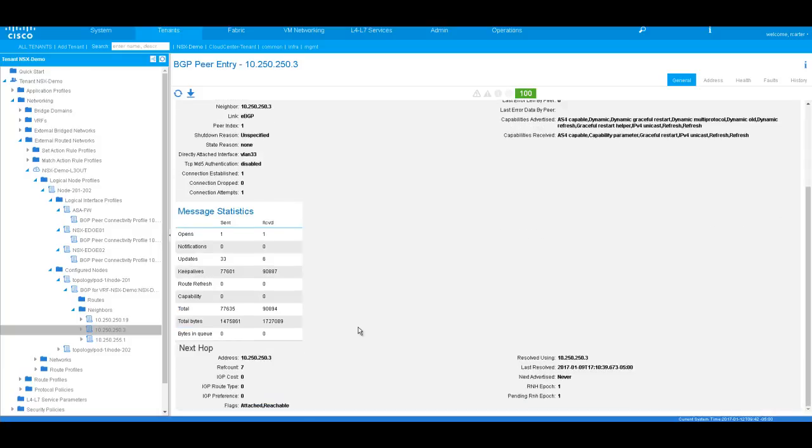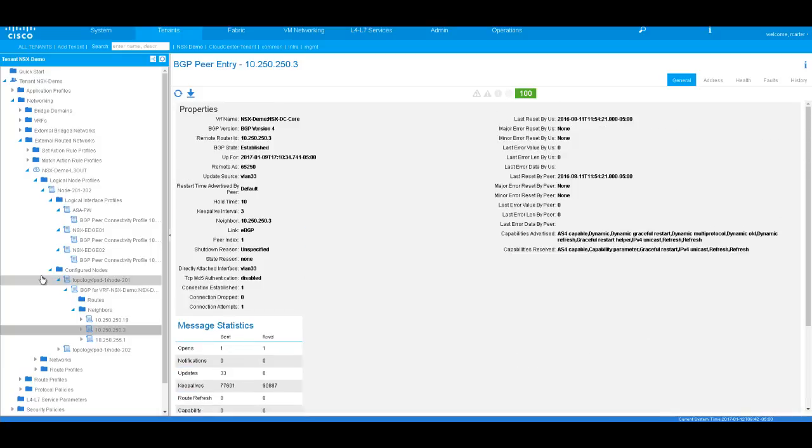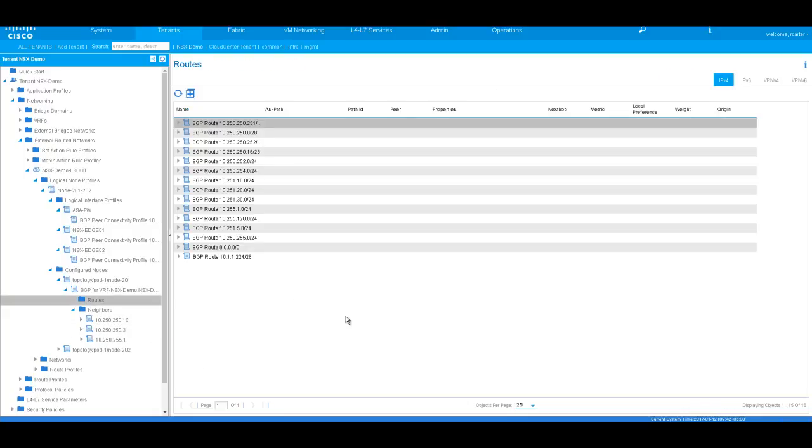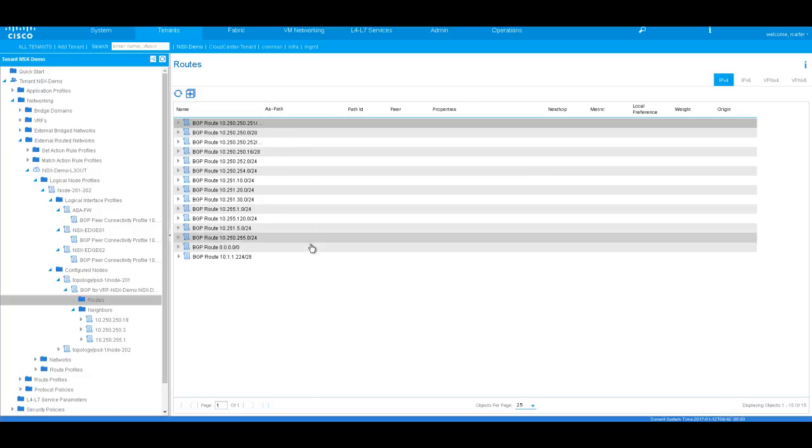And so, for example, here's ACI node 201 communicating with Edge 01. It's established. It's using its own internal VLAN as an update source, but it's actually using the interface of the ACI switch. So, with respect to what routes we're receiving, here are all the BGP routes for this layer 3 out, and you're going to notice that the